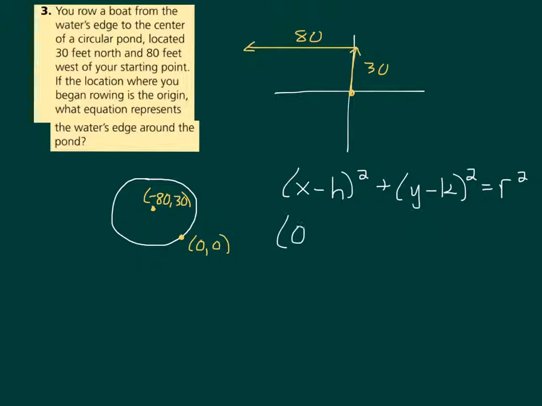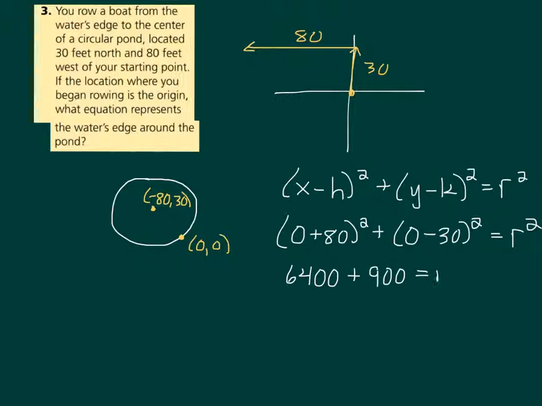So we have (0 + 80)² + (0 - 30)² = r². We know that 80 squared is 6,400. We know that 30 squared is 900. That equals r². So what do we have? 7,300